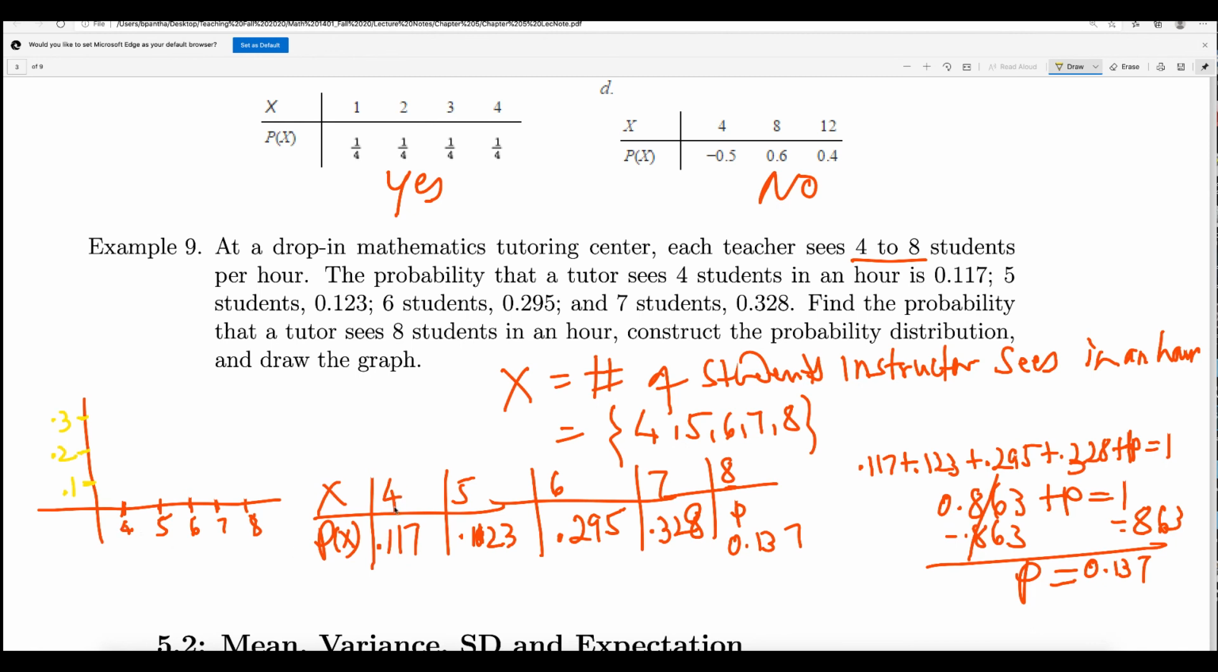For 4 there is 0.117, which is like 0.11, so you do a little bigger than that. And then another is 0.123. So it is almost that, but a little bigger than that, right? And the next one is 0.295, which is almost like 0.3. Another one is 0.328, that is almost like 0.33. The last one is 0.137, right? So 0.137 will be somewhere here. So this is the graph of the probability distribution here. Okay guys,